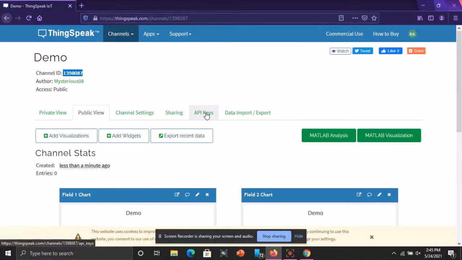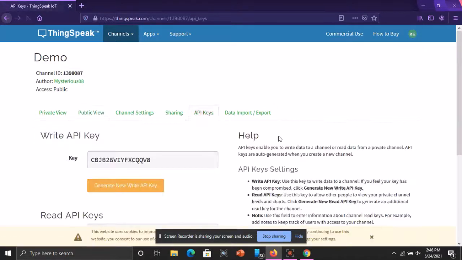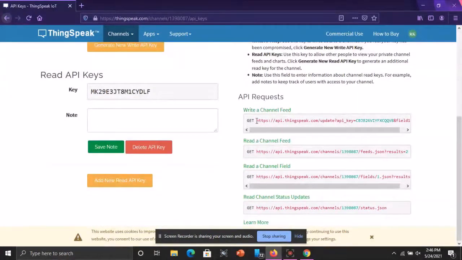Here we get some API keys. Now what is an API? API means application program interface. An application program interface is a link through which we connect or make a communication channel between multiple software. As this is a web application or web server, I have to integrate this web server with some kind of mobile app. So for that, API keys will be used. I'm just showing you the format of that particular API key.